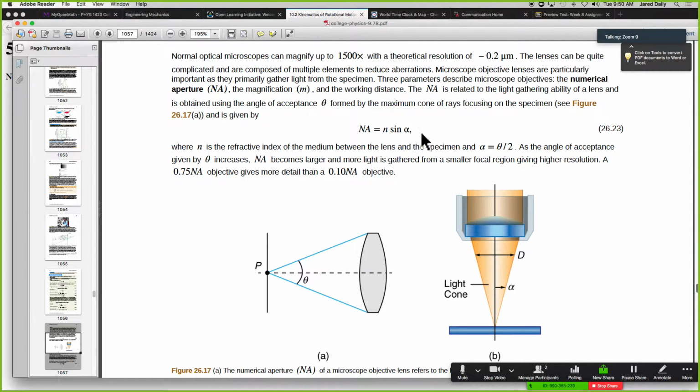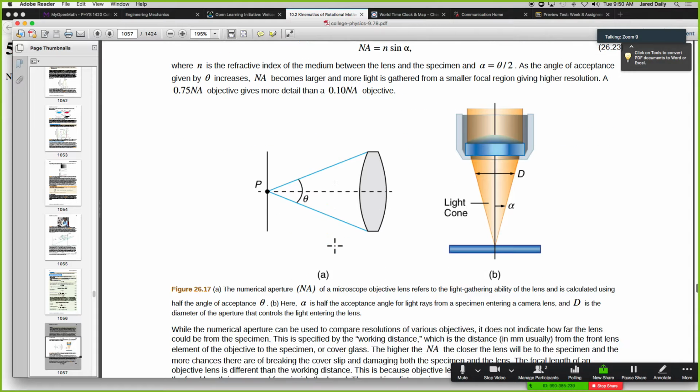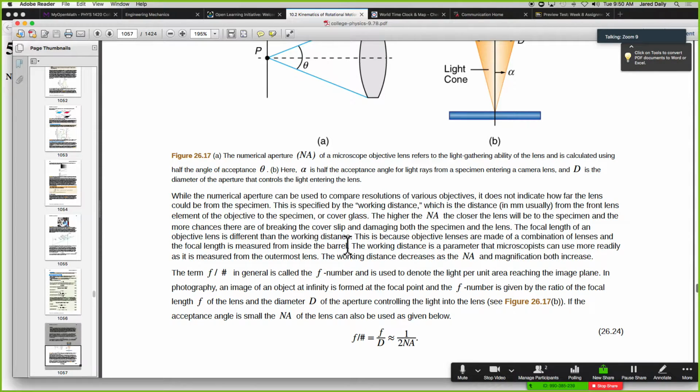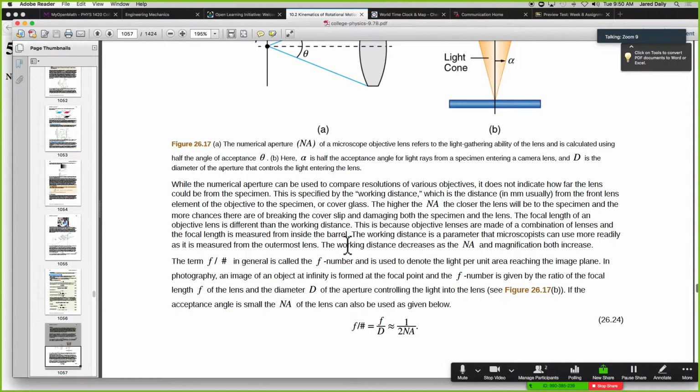And then n times sine of alpha, where n is the refractive index of the material that you're using, gives you this number we call the numerical aperture, which is a measure of how much light is allowed in. And then the numerical aperture is used